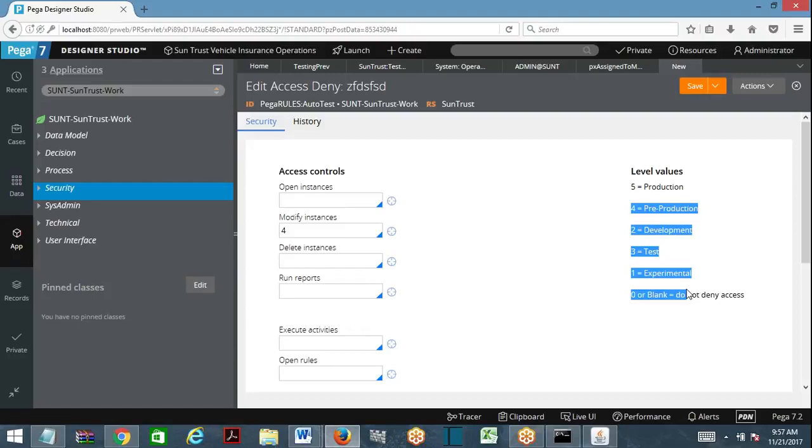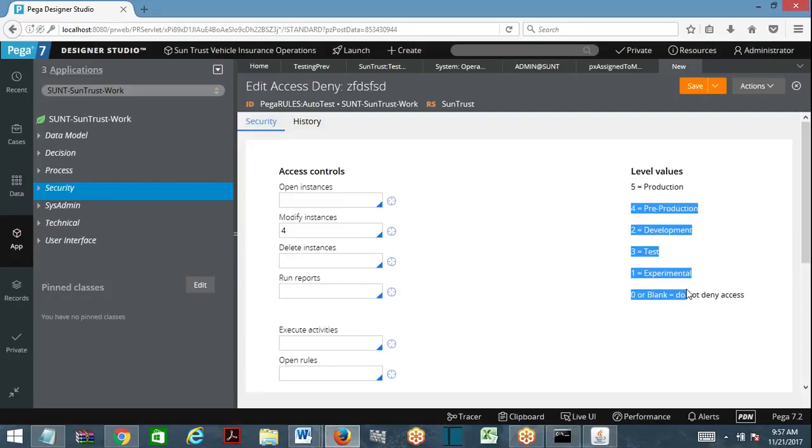Third one, access deny. So I want to execute only specific environment and higher environments. Now access role to object, access when. I don't have when condition here. So reverse of role to object is access deny. So you give a number 4, it will execute for above 4. 4 and below will be denied. If I give 4, 4 and below will be denied. 3 I give, 3 and below will be denied. 4 and 5 it will work. That is the way you have to use access deny rules.